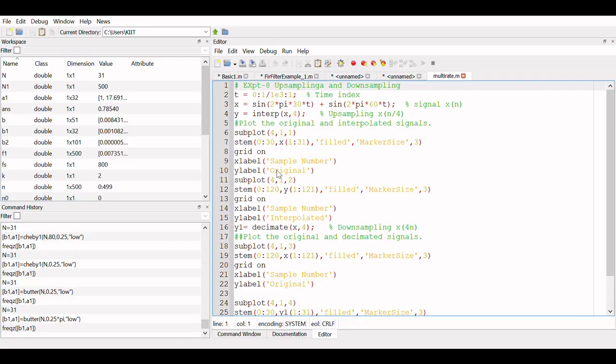So next we are going to our next experiment, which is upsampling and downsampling. We know that upsampling and downsampling are very interesting applications.